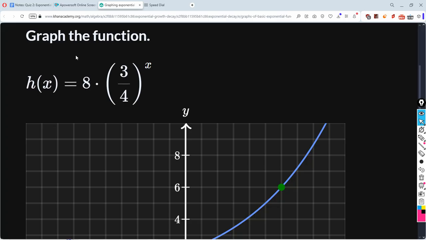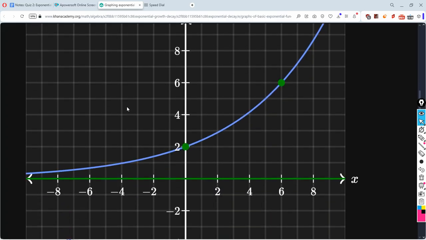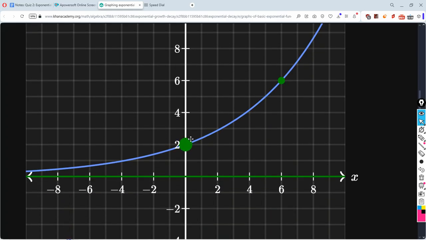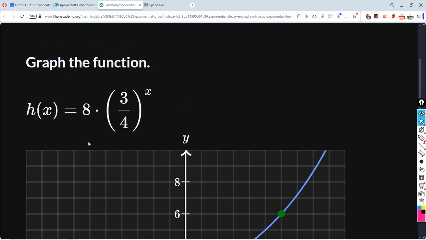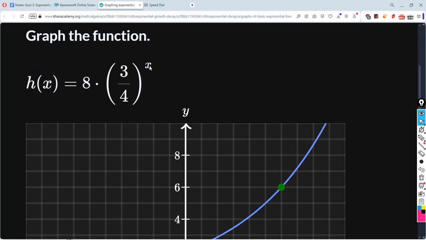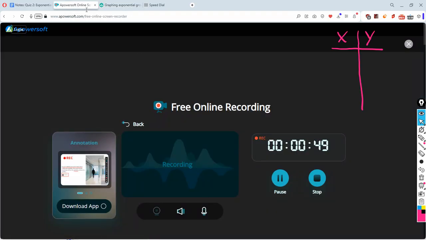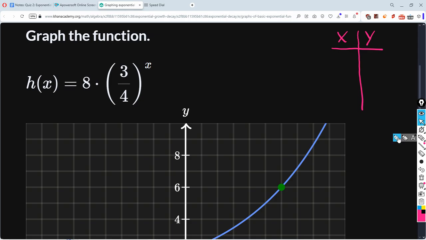All right, so here they want us to graph this function, and we basically have 2 points that we can manipulate. So let's just plug in a couple points right here. Here's a simple XY table. As we said in the notes, we're going to plug in x equals 0 and x equals 1. Okay, so first at x equals 0,